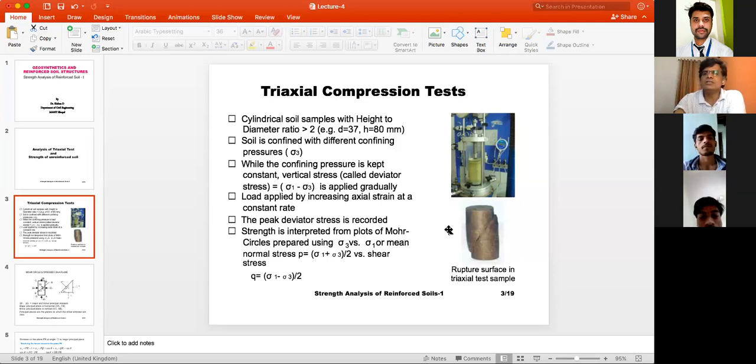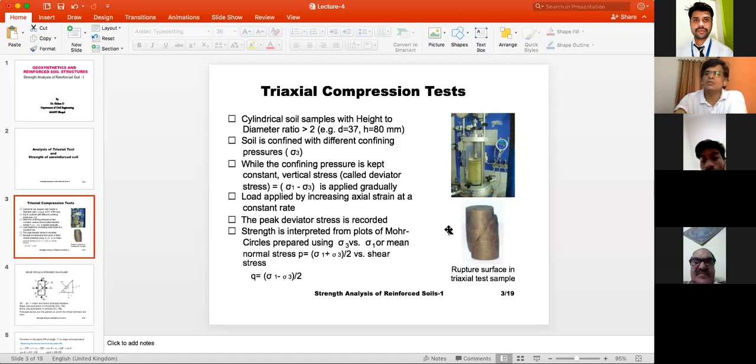These shear strength properties we can find out in the laboratory by different means, like the UCS, the unconfined compression test, where we can find out the C and phi shear strength properties, as well as the triaxial compression test, and the box shear test, or shear box test, as we call it. These three tests generally are used to find out the shear strength properties. The shear strength parameters are the cohesion C as well as the friction angle phi. Based on these, we find out the shear strength.